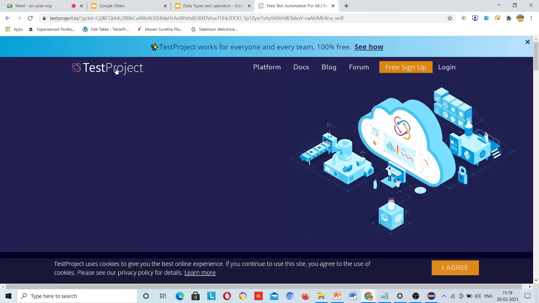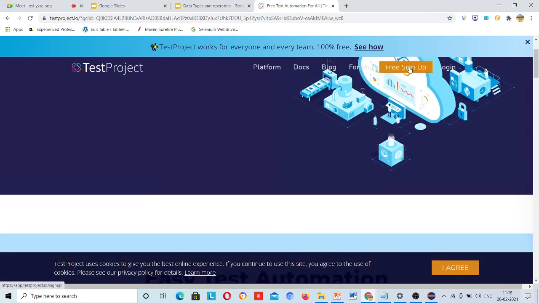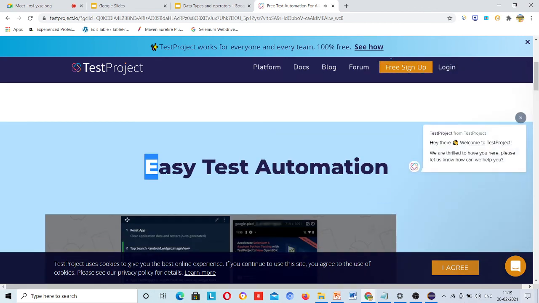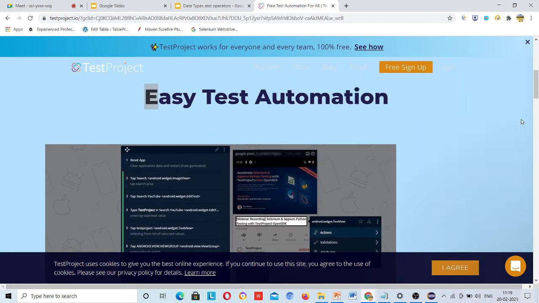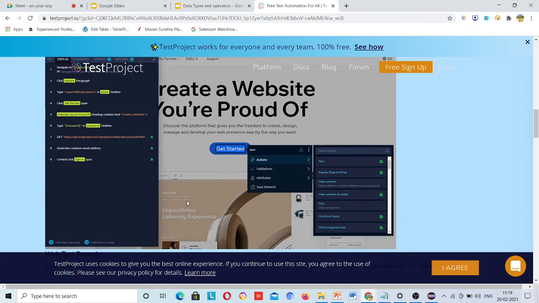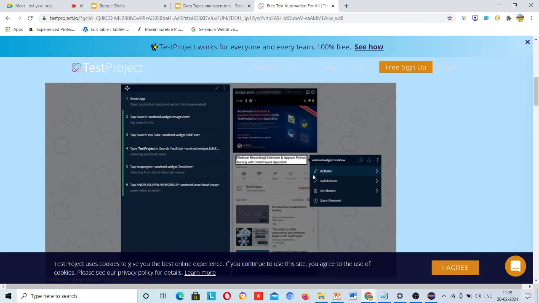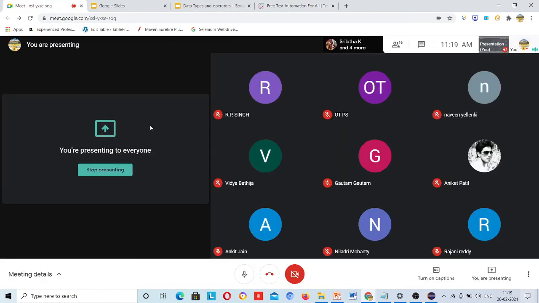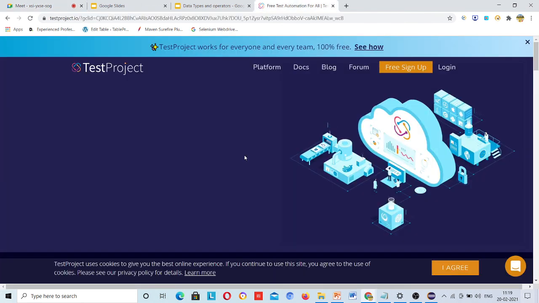This is actually a web element. This is a web element. This is a web element, docs. This is a web element. This button is a web element. This image is actually a web element. Okay, this pop-up is actually a web element, whatever is coming, right? And everything here you can see will have a web element, and I have to locate it. So anything you want to automate, first you have to locate that.